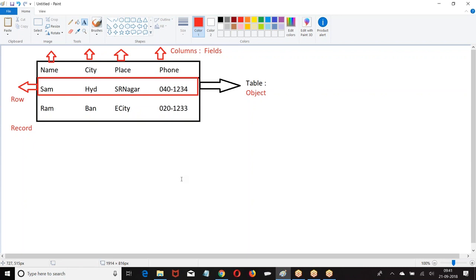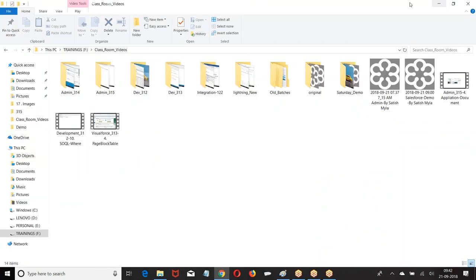Then how many types of objects are there? Two types: standard and custom. What is a standard object? Created by Salesforce. What is a custom object? Created by the user according to your choice. How do you recognize a custom object? __c. So how do you create one? Setup, build, create, objects, new custom object. In Lightning, go to setup, platform tools, objects and fields, then object manager, then new custom object. Does anyone have any query on this?